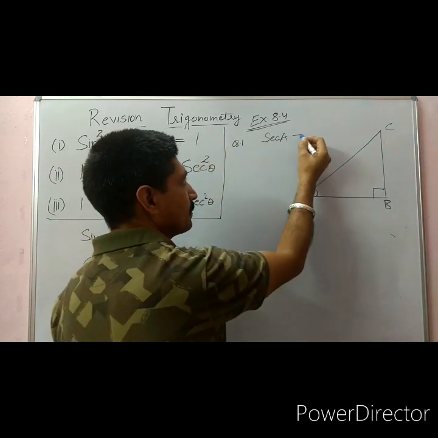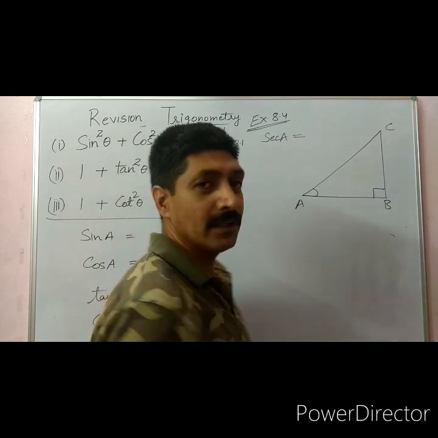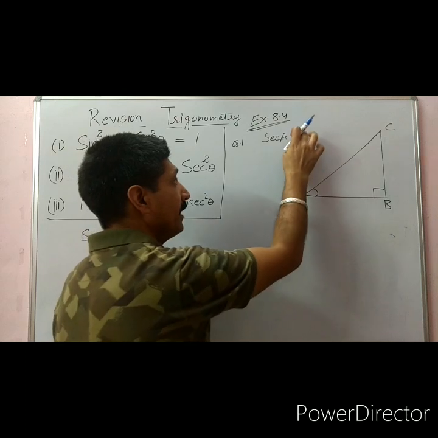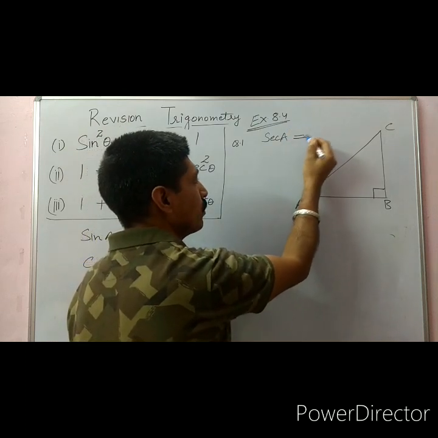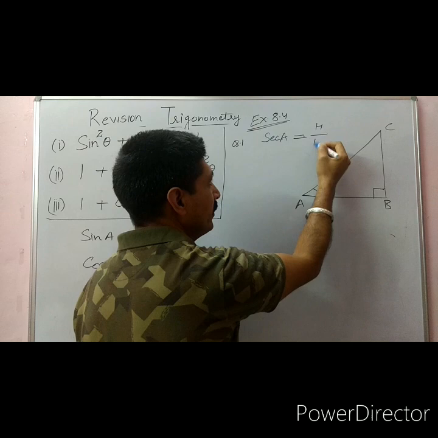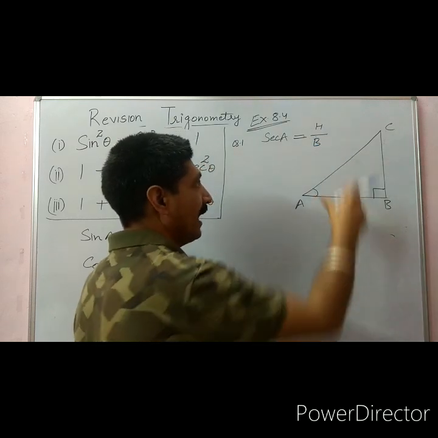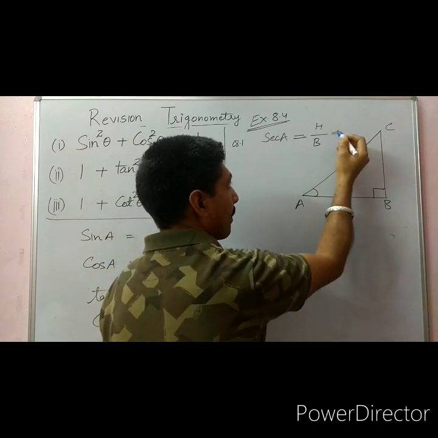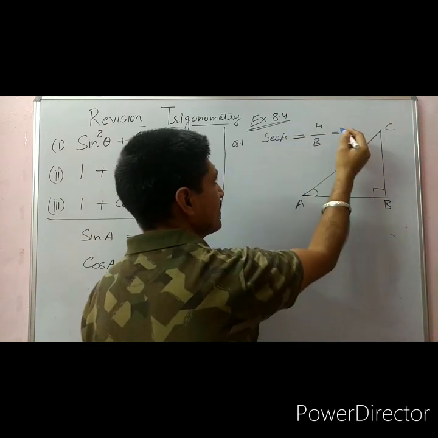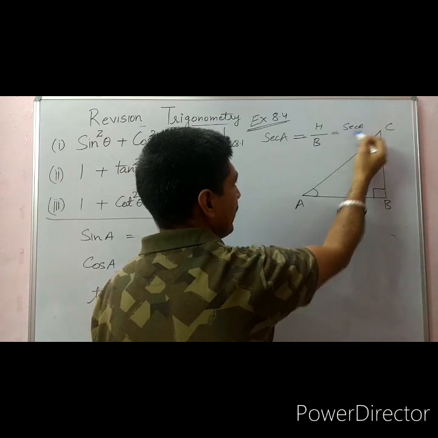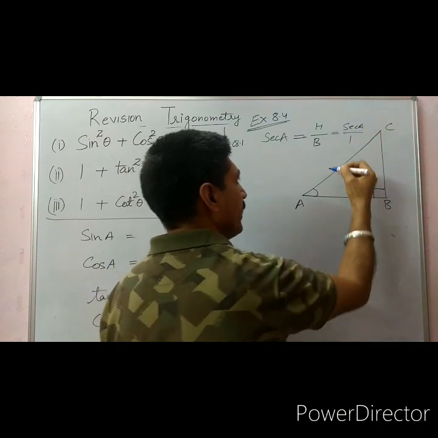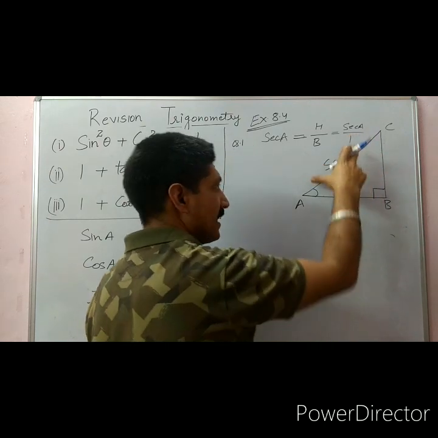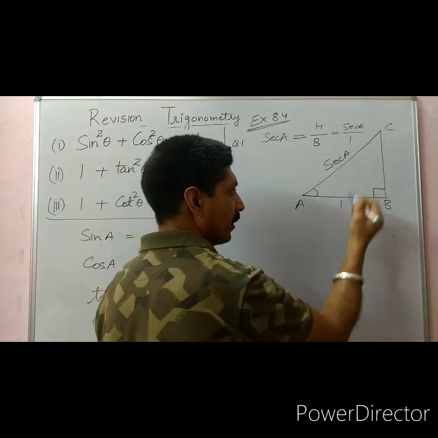So secant theta, and always remember, if you forgot, Pandit Badri Prasad and Har Bol. But here secant of theta is equal to hypotenuse upon base. Hypotenuse upon base. So for the base we can take 1, and this we can write as secant of A upon 1. So here, let the length AC be secant of A, and this is 1.